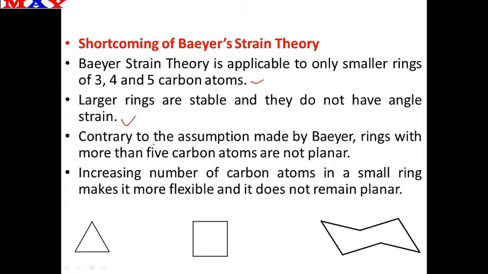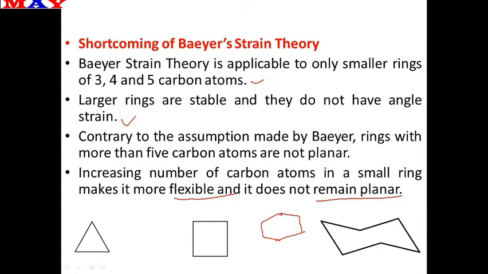Contrary to the assumptions made by Baeyer, rings with more than 5 carbon atoms are not planar. This is the observation which is known to us in recent times, that all the rings are not planar. As we know, when we increase the number of carbons, the ring becomes more flexible and it does not remain planar. So the cyclohexane ring, which we were assuming to be a planar structure, is in fact